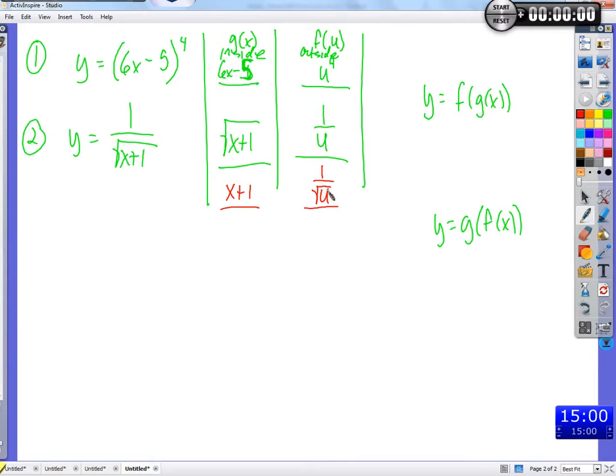Because we can take the derivative of this, right? We can write this as u to the negative 1 half, that we can take the derivative of. But you see this function is itself a composition. I can take the derivative of the square root of x, but I don't have any idea how to take the derivative of the square root of x plus 1 inside. Though once we know how to take the derivative of a composition of functions,